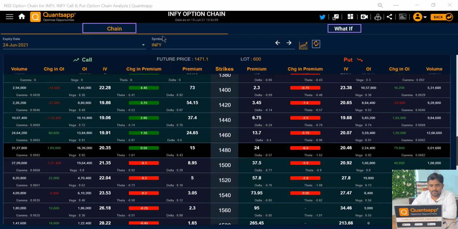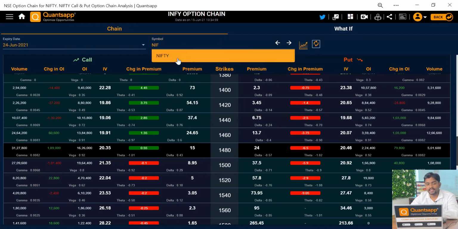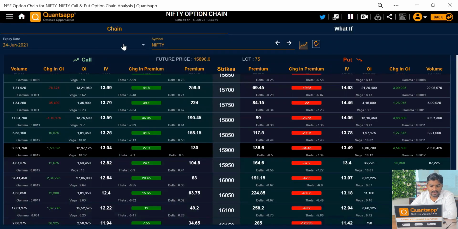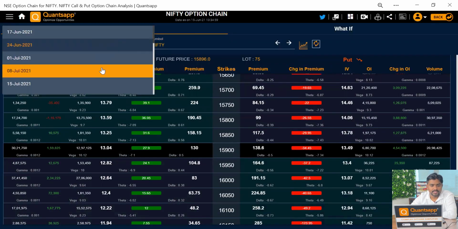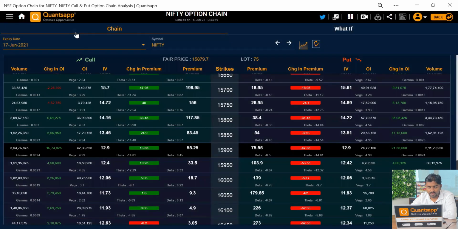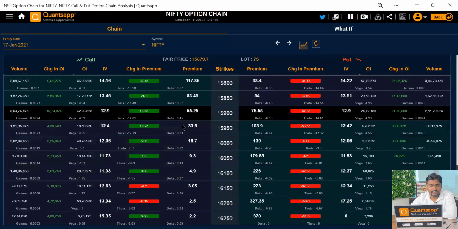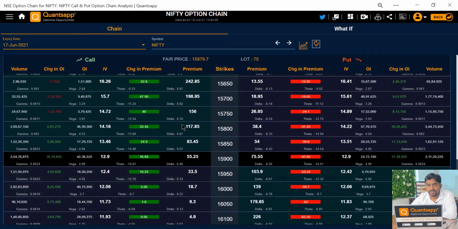What are the other variables we need to look for first? The first one is the expiry date. We need to select the expiry for which we are looking at this particular stock or index. Stocks generally have expiry on a monthly basis, so that's why it is showing the 24th June. Now, if we check Nifty, let's say, because indices have weekly expiry too, we can select the specific expiry that we want. I'll click on 27th June, so it will give me the prices and other factors based on the 27th June expiry.